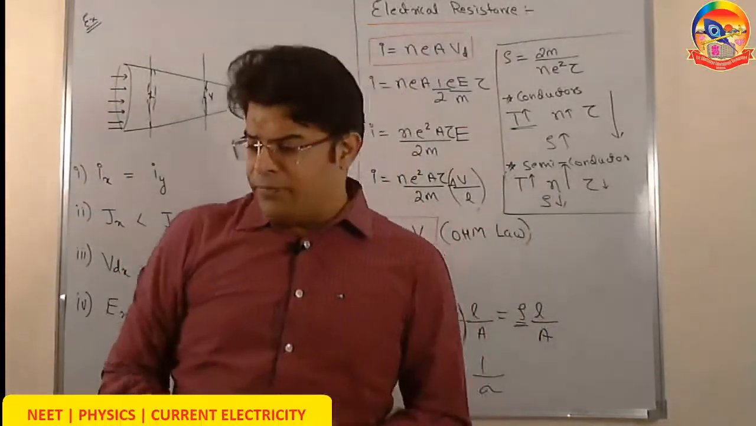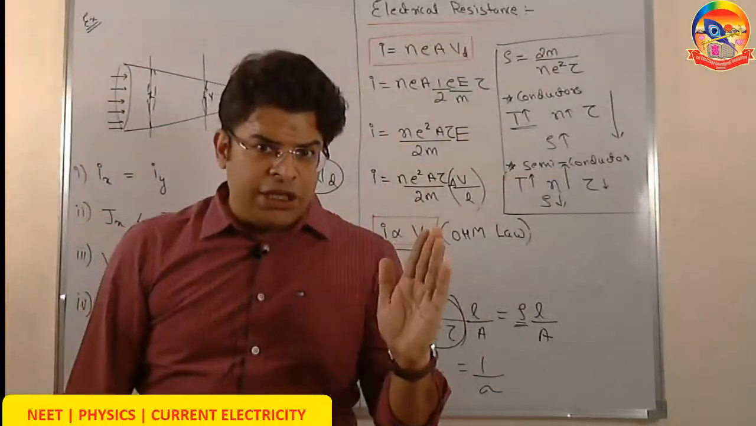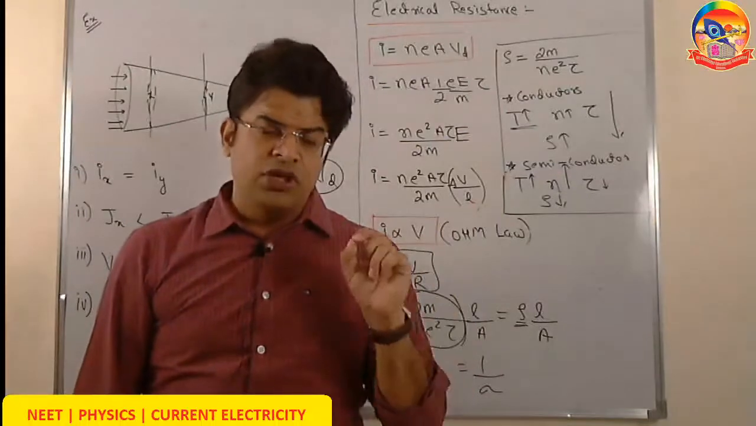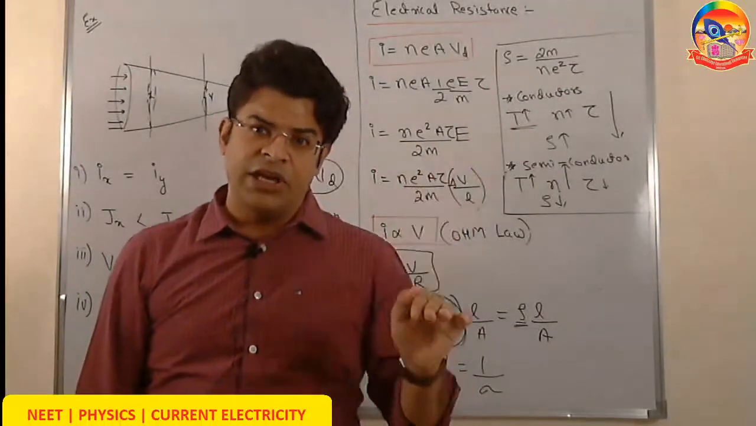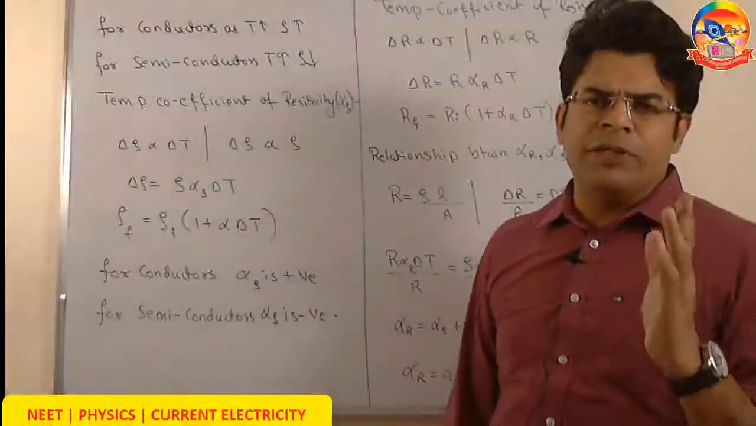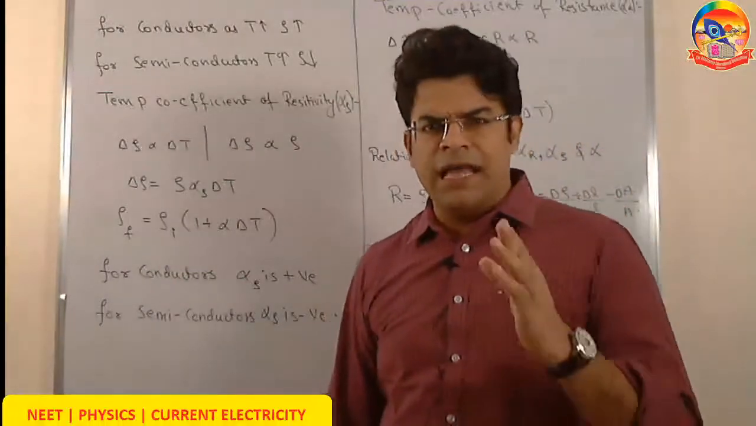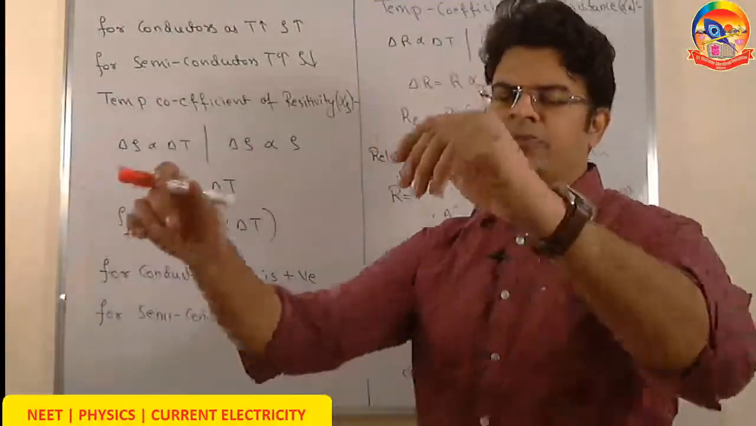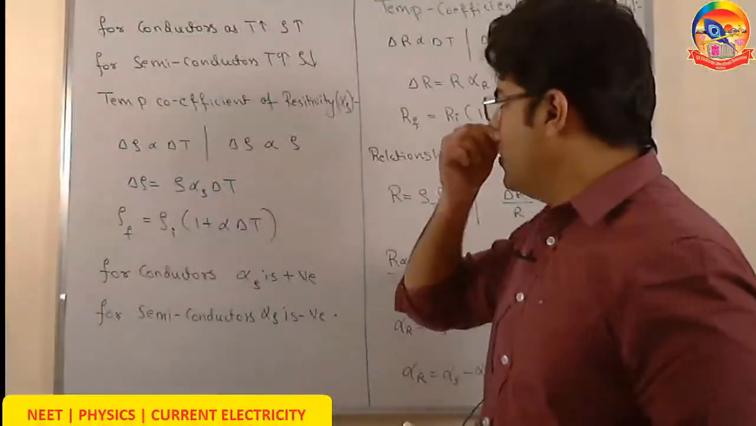So remember that for conductors, as temperature increases, resistivity increases. For semiconductors, as temperature increases, resistivity decreases. So for conductors, as temperature increases, resistivity increases, and for semiconductors, as temperature increases, resistivity decreases. The reciprocal of resistivity is called conductivity. Now see,